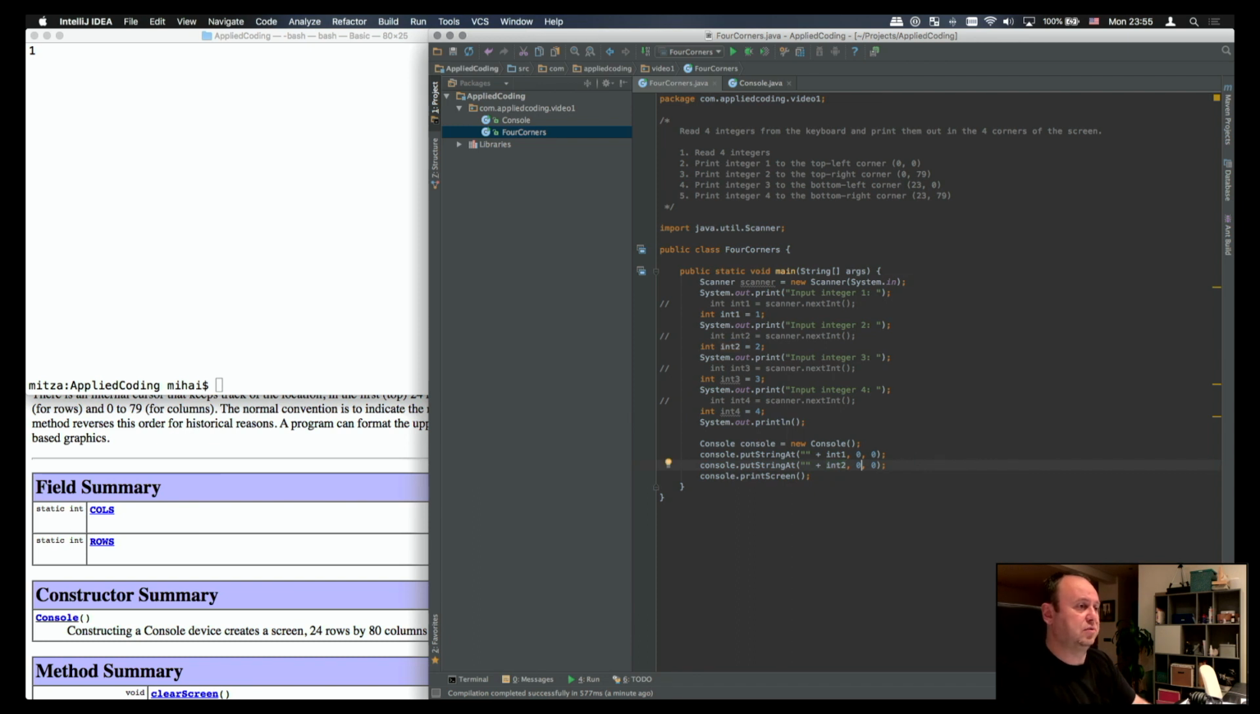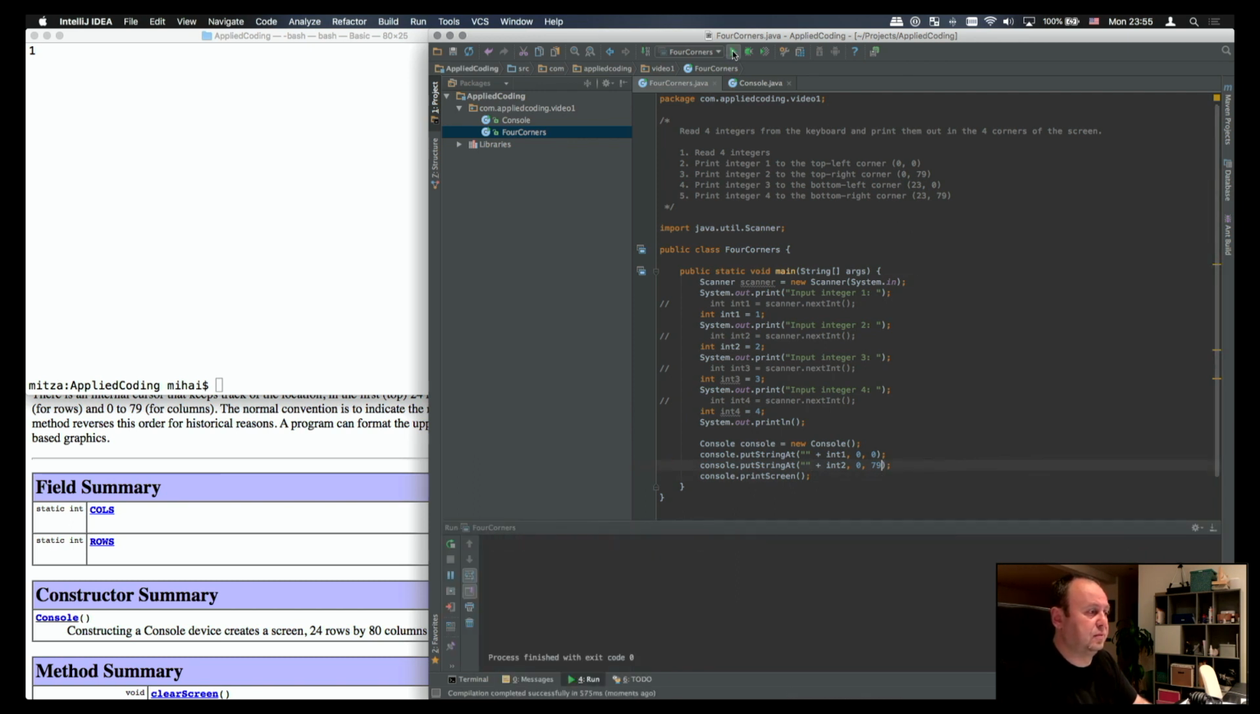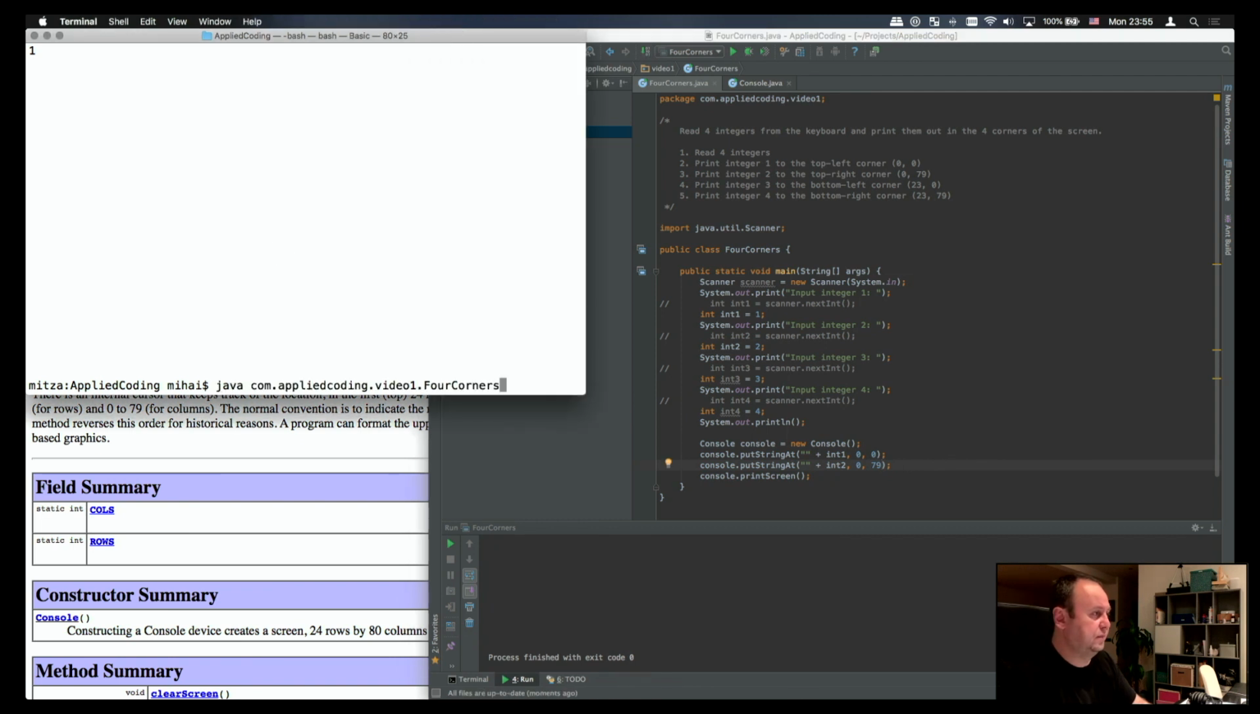So the second int would be on line 0. It's expecting the row here, row 0 and column 79. Compile it and run it outside. Okay, so this is working. We have the first int in this corner, the second int in the other corner, but now we can notice